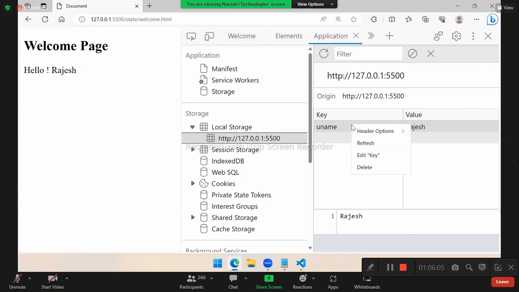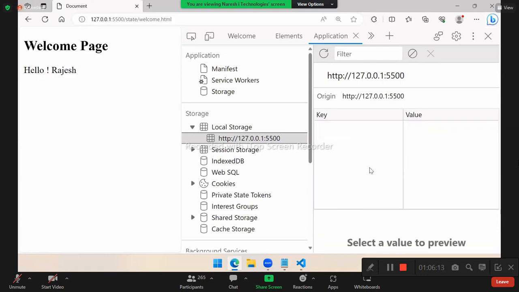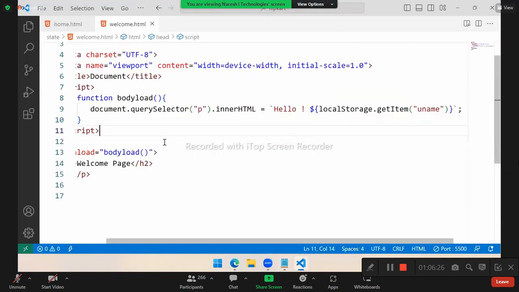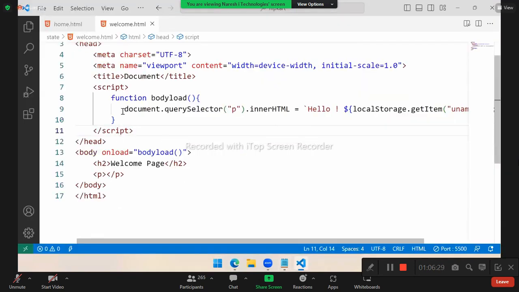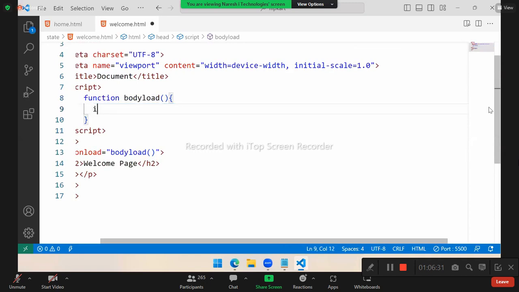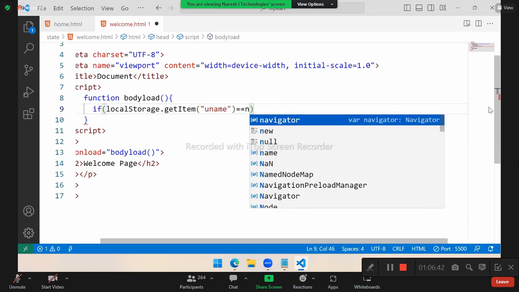You right click on it and select delete. That means it is deleted now. After deleting, once you refresh this page, then it is null. That means what is it returning? Null. We can try one logic. If it is returning null, we can try one logic here. I will write a condition here. If localStorage dot getItem uname is equal to null,